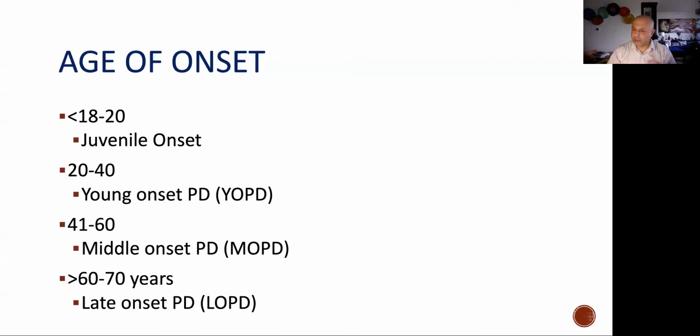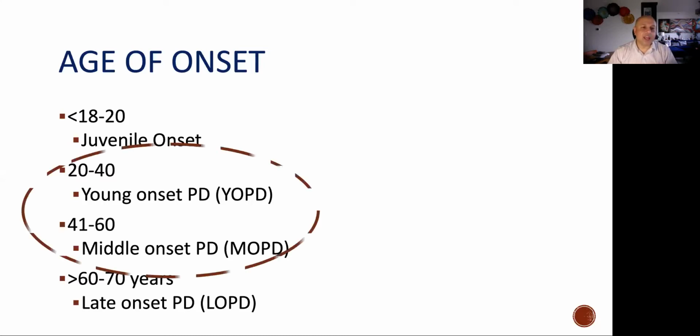So this is again very arbitrary. There is no proper classification. Every 10 years, there's a generational shift. Back in 1980, David Marsden said, oh, less than 30 is young onset. Everything over 30 is late onset. Well, in 2020, when the life expectancy is 85 years in the US, this is what we believe is a